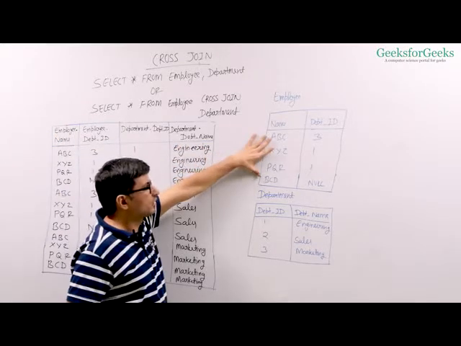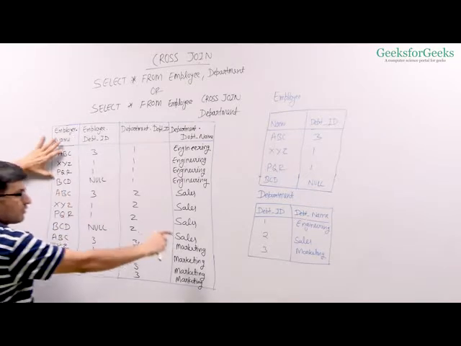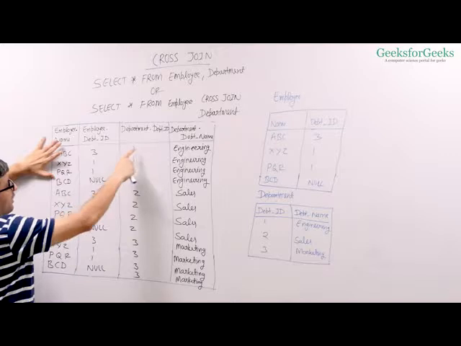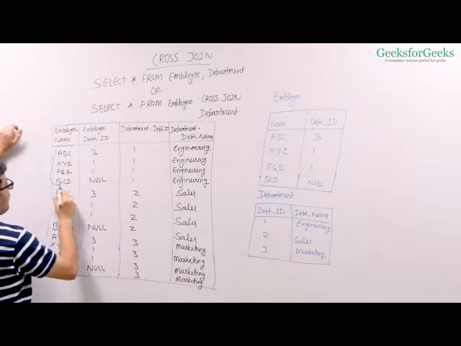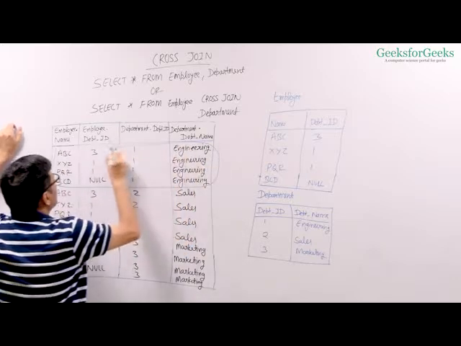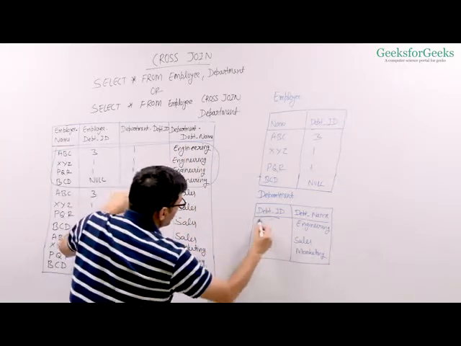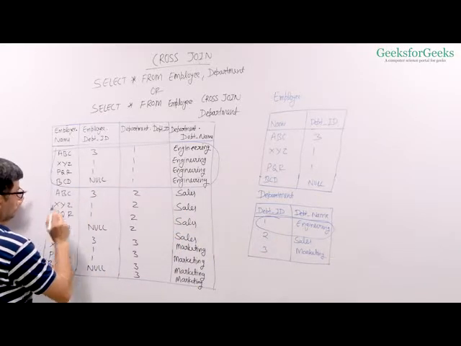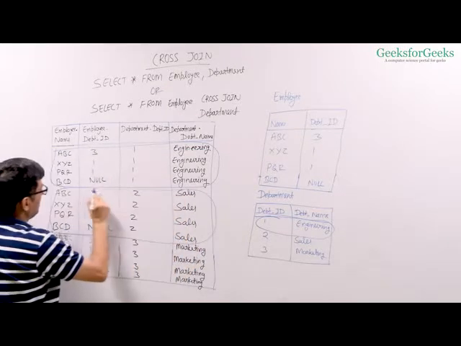You get 4 rows of the first table, and you get the first row of the second table corresponding to every row of the first table. So you have 4 rows of the first table, and corresponding to those 4 rows you have 1 row of the second table. Now you have 4 rows of the first table again, right?